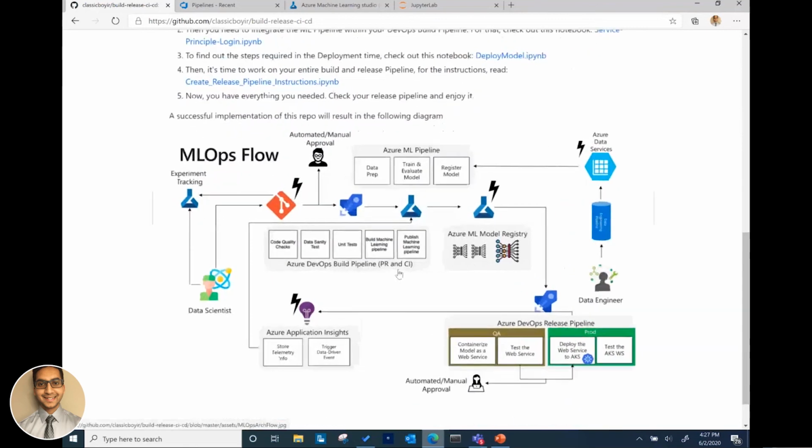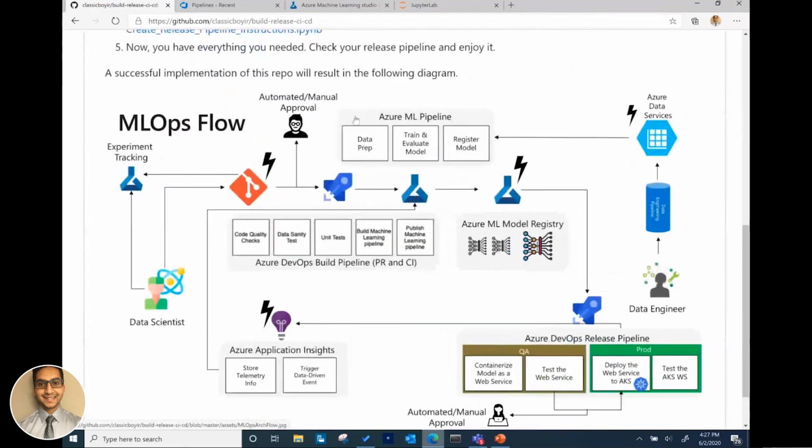Let me just zoom into this diagram here. So this is what it kind of looks like. It doesn't have to be this complex. It can be much simpler with only, say, 3 steps to begin with. You have some sort of data engineering step. You have the data scientist who is modifying some sort of Python code, and then that triggers an event that would trigger the build pipeline, the DevOps pipeline, and then it would go through the different steps within